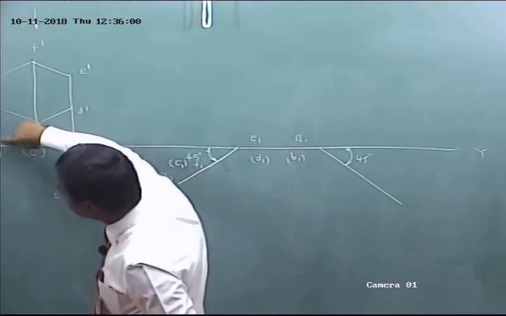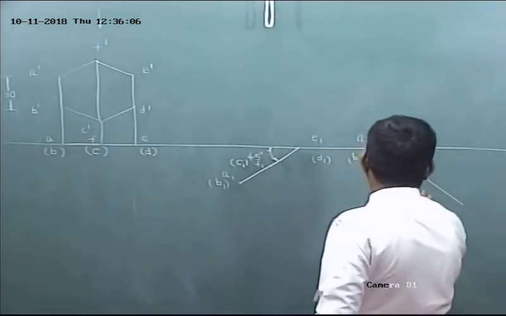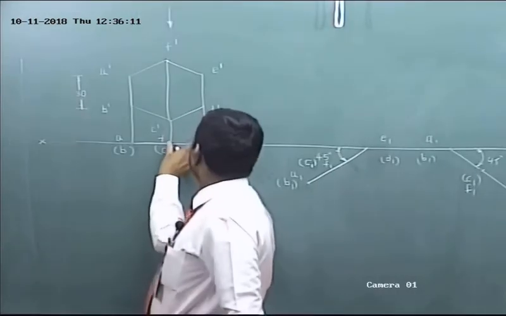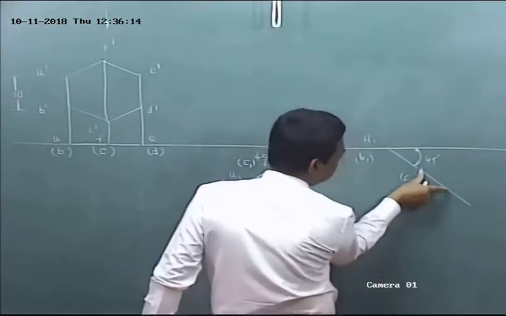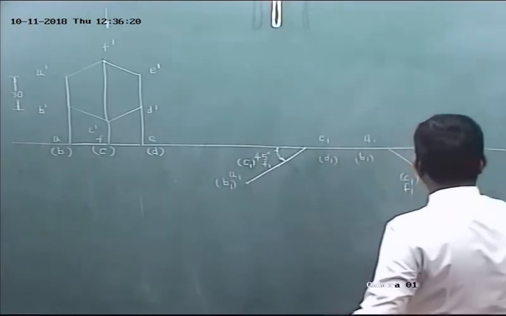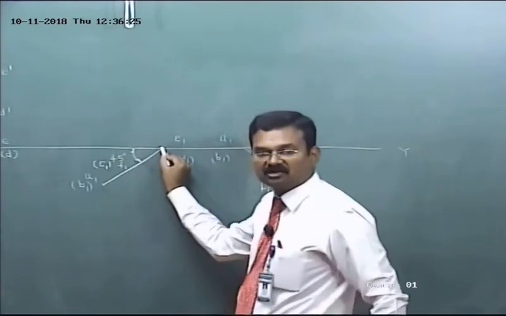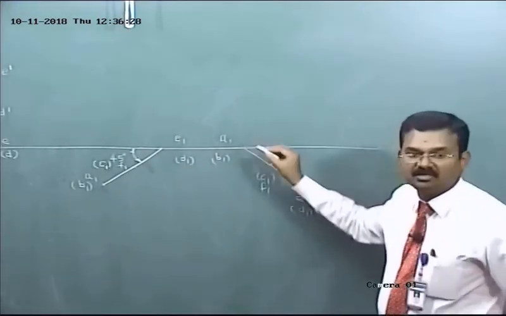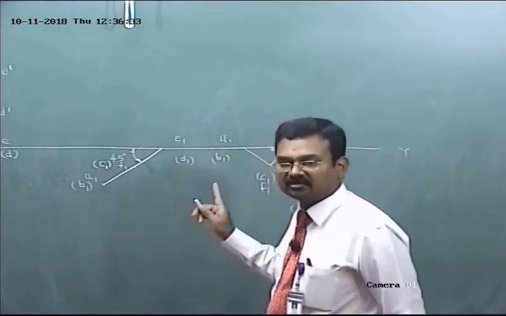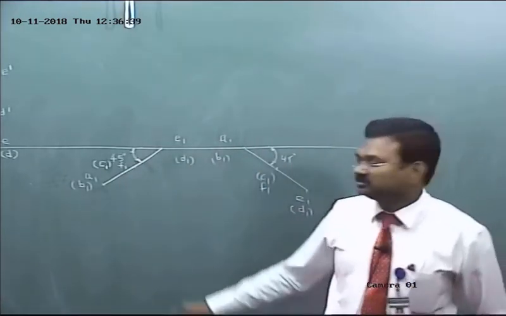Measure the distance of C from A, transfer here. C1, F1. Here C1 is invisible. By using compass, measure the distance of E from F, transfer here. E1, D1. D1 is invisible. Erase unwanted line. So both are correct. In both the cases here, the side ED is resting on VP. In this solution, the side AB is resting on HP. Both are correct. So one side, what are the conditions? One side should rest on VP and the surface should make the angle 45 degree to VP. Both are correct.